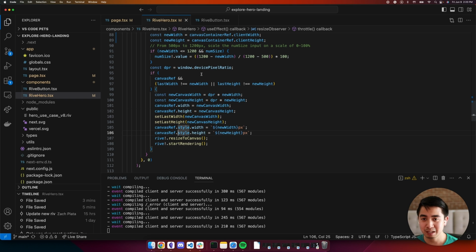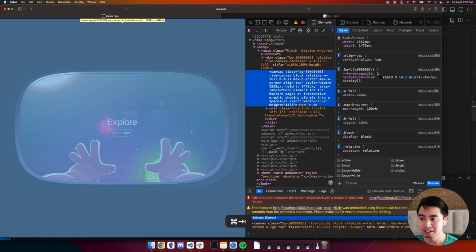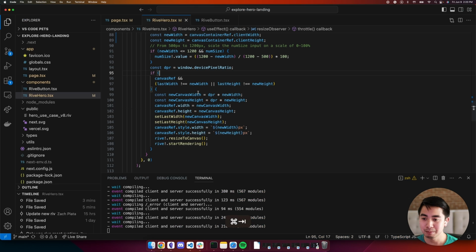And for example, on high retina devices, that number may be a multiplier of 2. So for example, if the width and height style properties of the canvas were 500 by 500, but the device pixel ratio is set to 2 on high retina displays, you may need to set the surface area to be twice the size of that area.